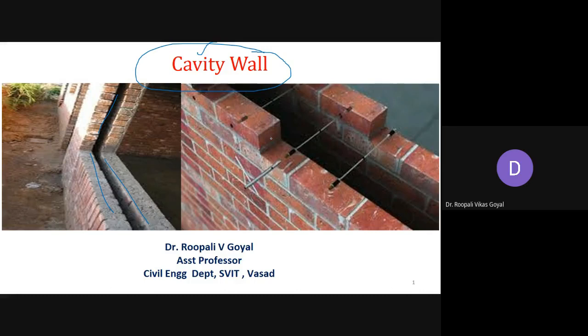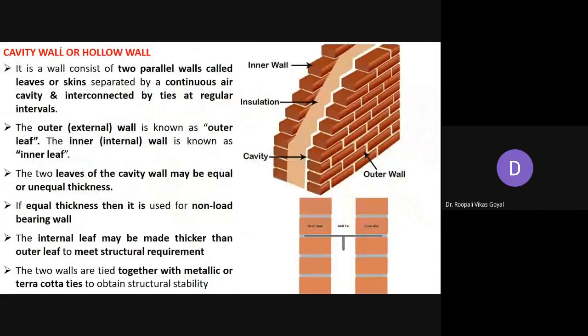In both the figures you can see this cavity, and around this cavity you have two brick walls. This cavity wall is also called a hollow wall, and it consists of two parallel walls which are called leaves or skin. Here there is one wall, and here is the second wall. This is the inner wall and this is the outer wall, and both the parallel walls, called leaves or skin, are separated by a continuous air cavity,